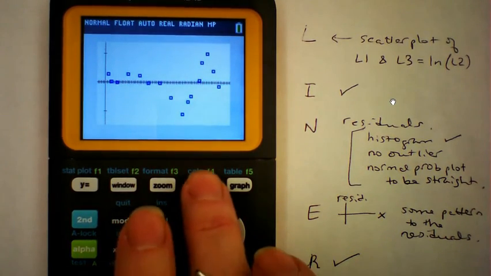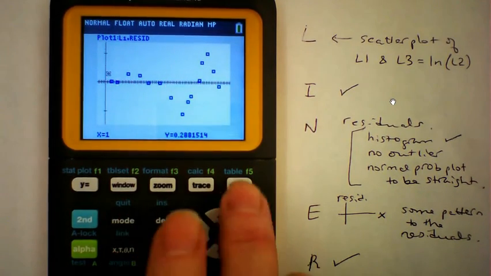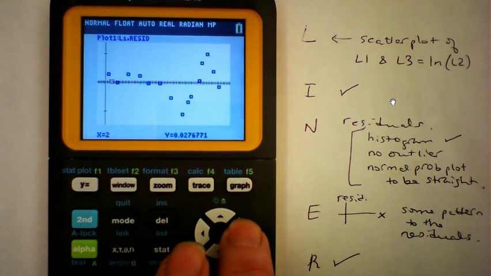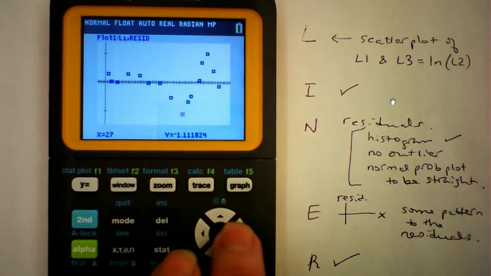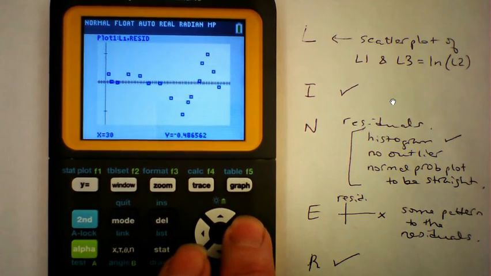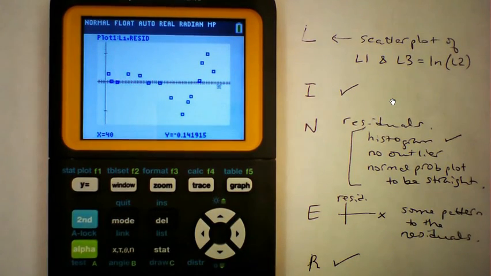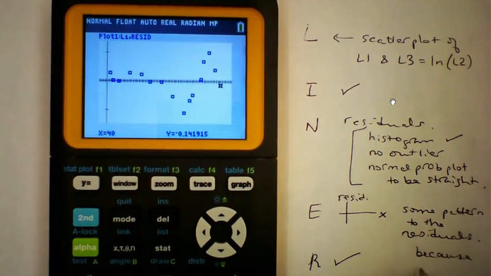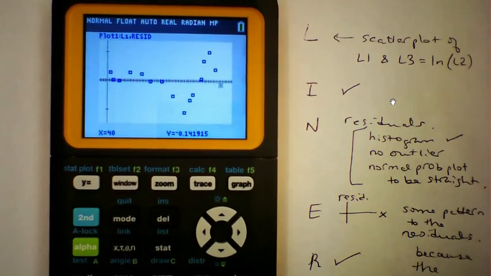However, if you trace along and look at the residuals, they're actually quite small. So those are very small residuals. So your prediction error is not that much off. So down here, maybe a little bit more. And over here, as we get into the later years, it seems to be going off a little bit. So because the S is small,